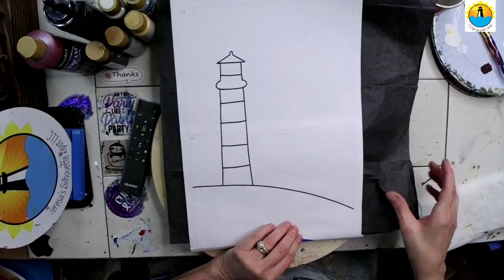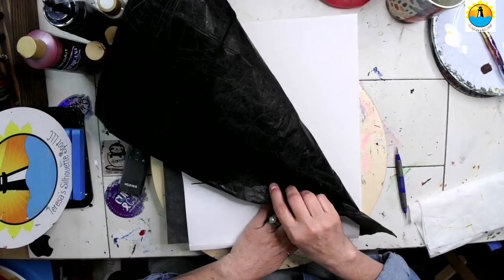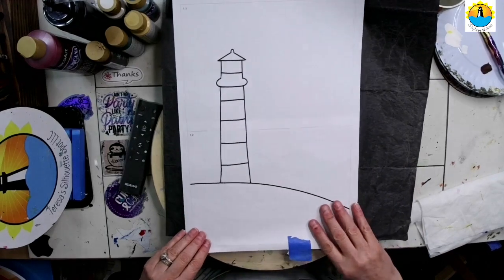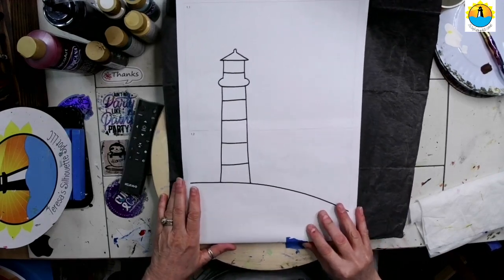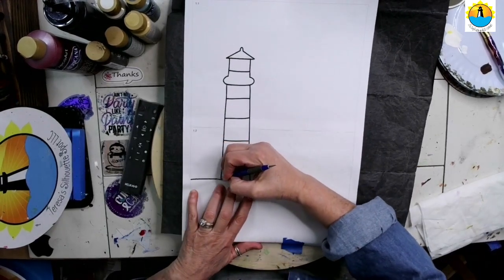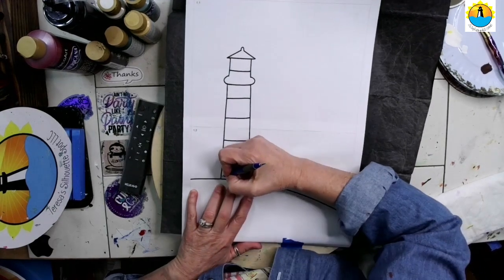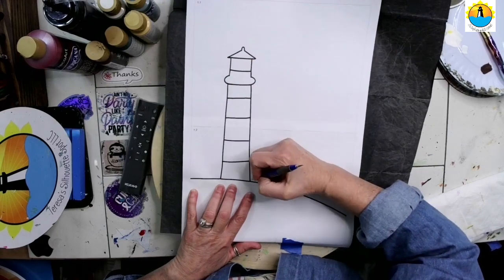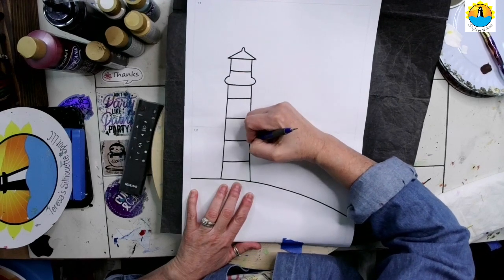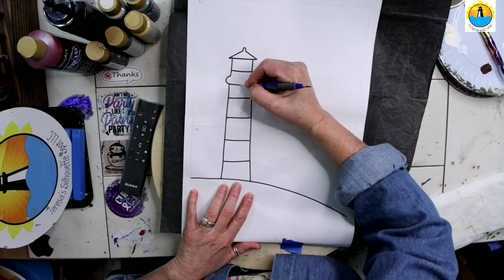I know I'm making a lot of noise. But I do have graphite paper, so I just slipped it under between my canvas and my tracer, shiny side down. Okay, and I pretty much eyeball my tracer to see where I want it to be. And then I'm just going to come in here and trace over the lines. If you wanted to use a ruler, you can. It is totally up to you. I've clearly just drawn by hand. This is a very simplistic